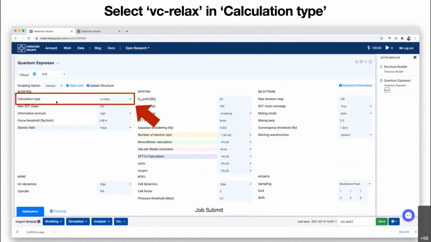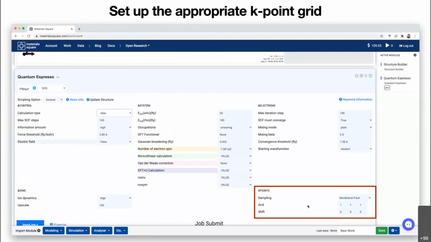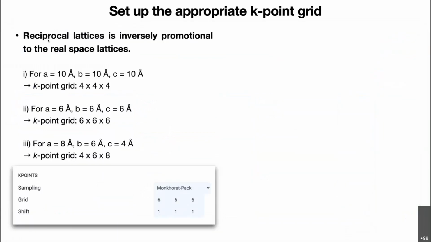Okay, then calculation type is VC-relax. VC means variables are relaxed, because we're going to relax our unit cell. And K points, you have to change K points. Now it's 1 1 1, but we should use a larger K point mesh, because, as I mentioned earlier, the reciprocal lattice